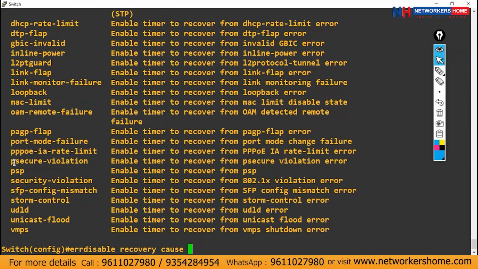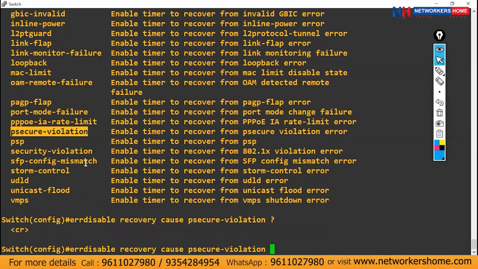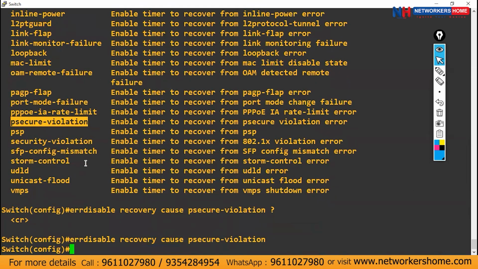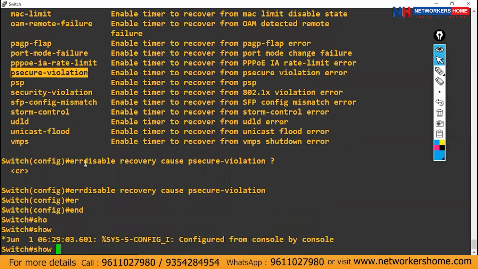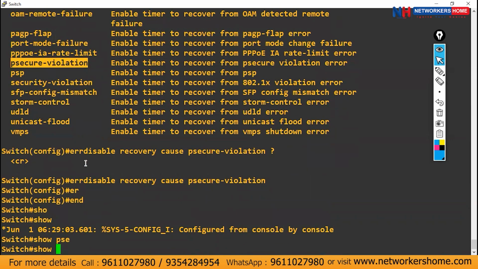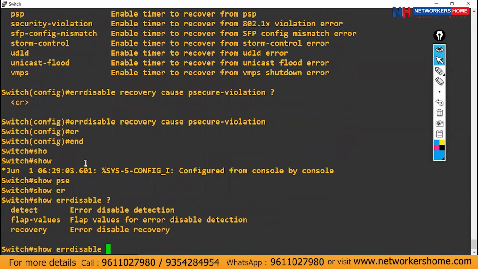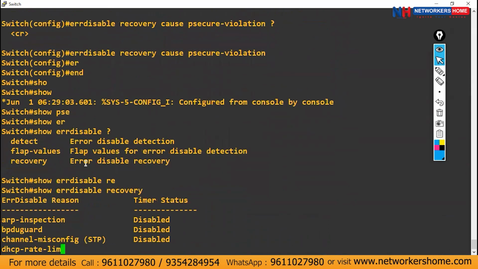You have to say p secure violation. Okay, say p secure violation and press enter. And again you will say error disable. So error disable recovery. If you give this command,